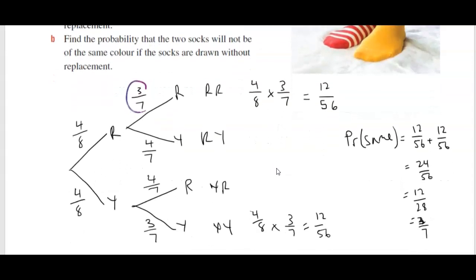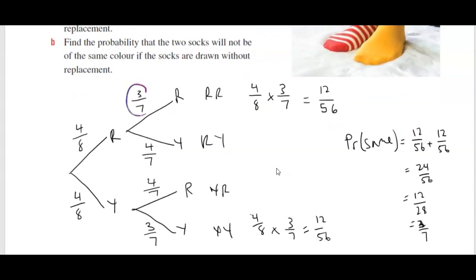Find the probability that the 2 socks will not be of the same color if the socks are drawn without replacement. So basically, we're going to be adding these up. So 4 over 8 times 4 over 7, which is 16 over 56. And then we've got the same,